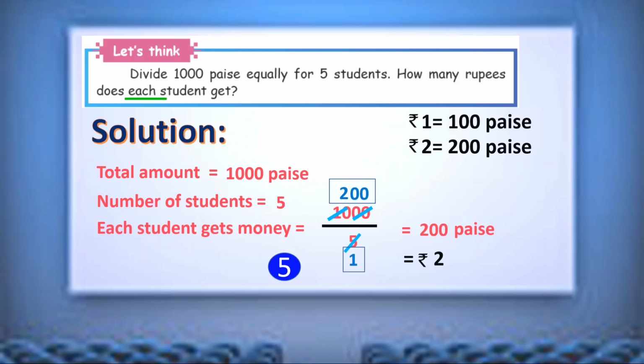So here they have given 1000 paise, so we need to do this format only. But in our mind calculation, 1000 paise denotes 10 rupees, isn't it? So 10 rupees, if equally shared among 5 students, means 5 twos are 10. So here each gets 2 rupees only. That we can also do by mind calculation, but according to this 1005, we need to do these steps also. You understand, ma'am? Right.